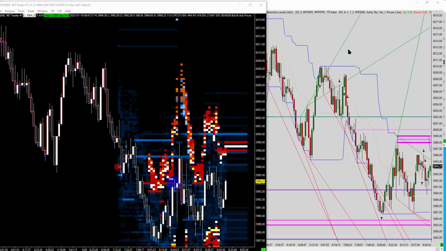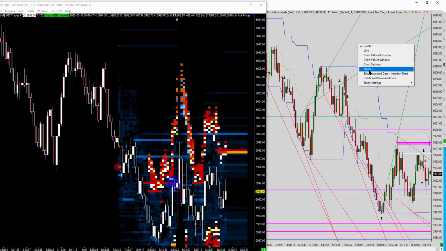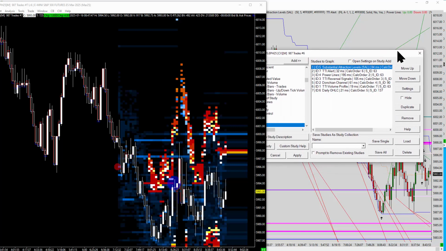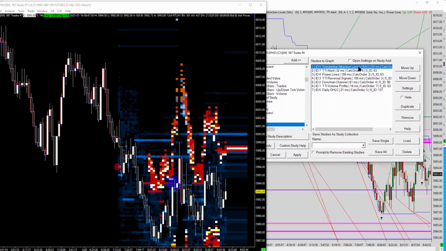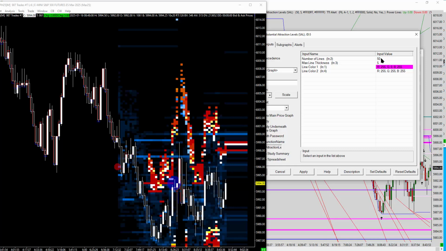my SAL indicator that we created, you can filter it according to what you need. For example, if you go to studies, substantial attraction levels, right here, you can simply say I want to see the biggest 50. Of course, I limited it to 50 levels. I don't want to get more than 50 levels, right? Limited to 50 only. So I want to see 50 high levels or high embedded volume levels